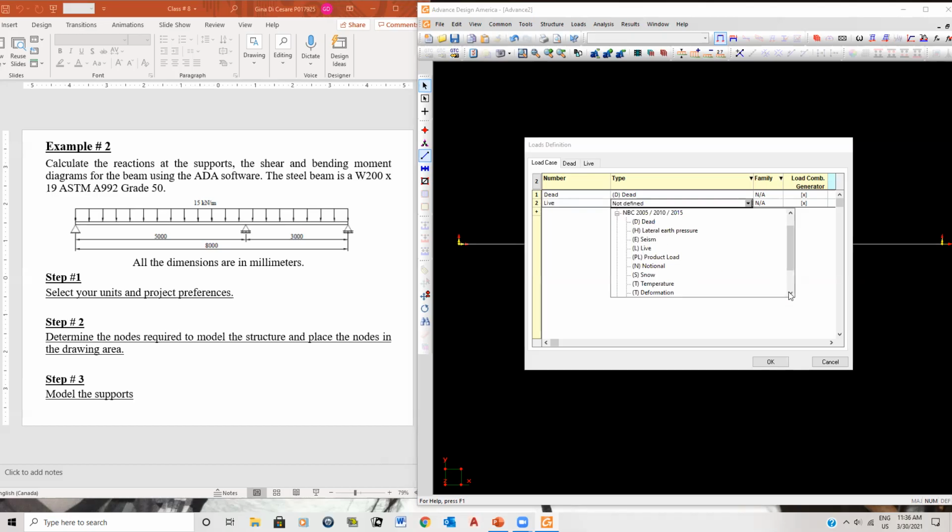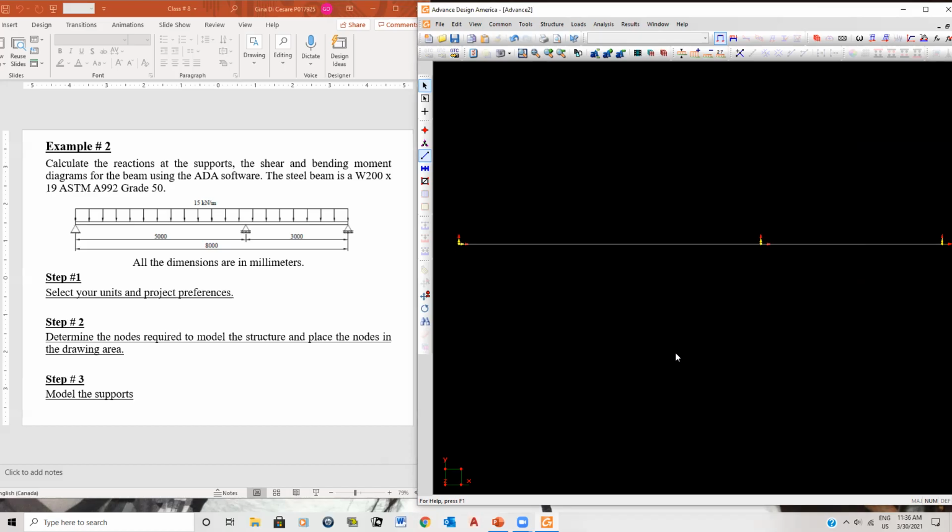Okay. And you can define it, but I'm not even going to define it to show you. I want you guys to define it. I won't define it. It won't make a difference in my analysis. I just want to make you aware of that. Press OK. Now, when I'm ready to assign the loads to my members, I have to activate a load